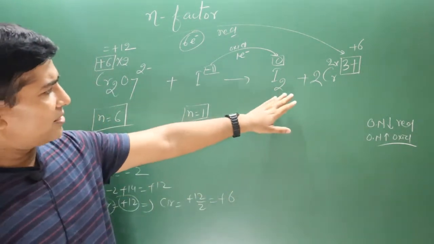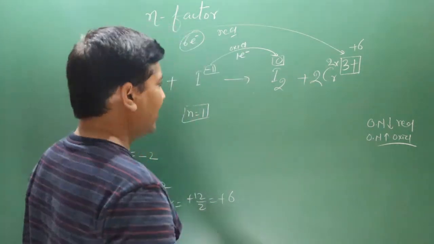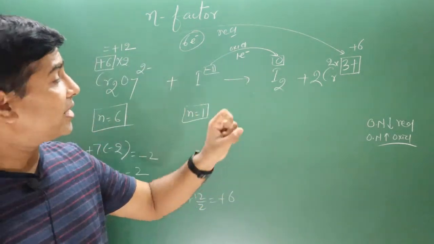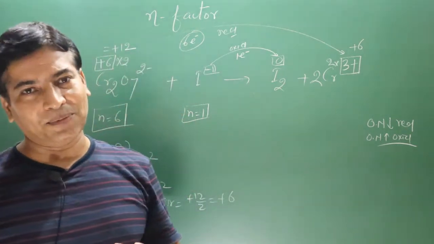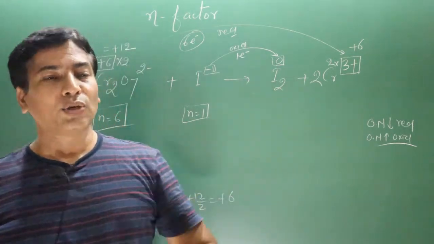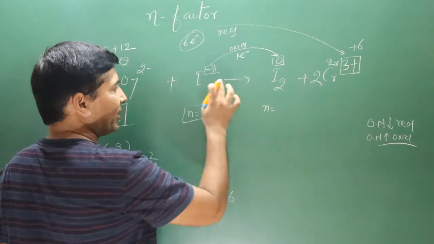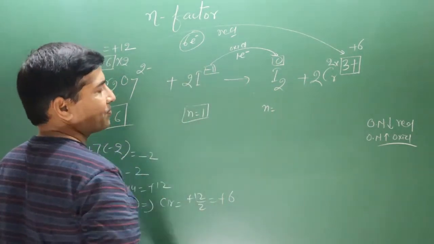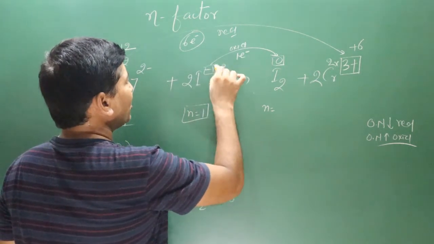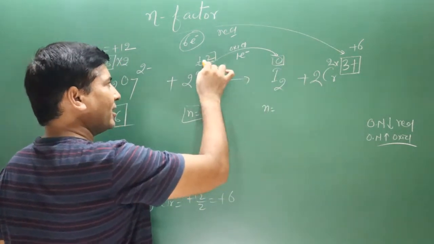Now if I move on to this iodine, let's say I have to calculate the N factor value for the product. You can see there are 2 iodine atoms. In this case we have to calculate for 2 iodine atoms, whereas previously we calculated only for 1 iodine. For 2 iodine it is 0. Then you need to balance the number of atoms. If one iodine is -1, then multiplied by 2 it will be overall -2. Now you find the difference: it is 0 on one side and -2 on the other.